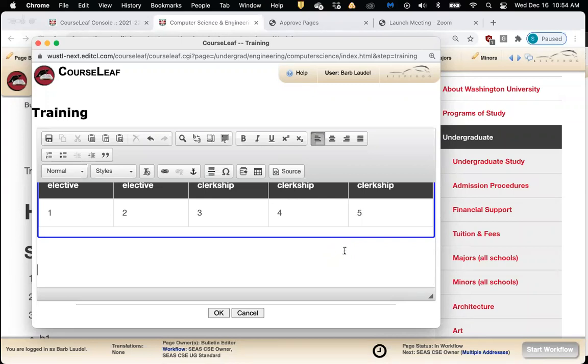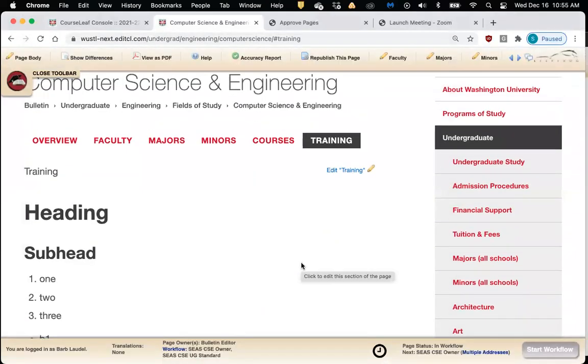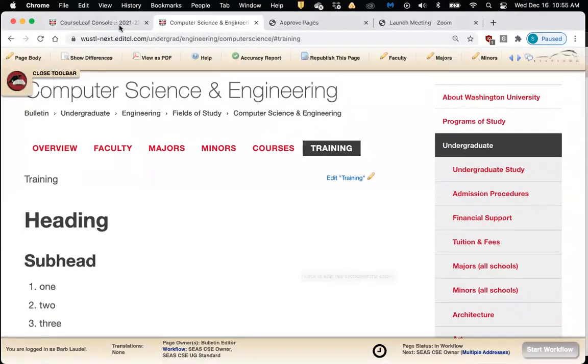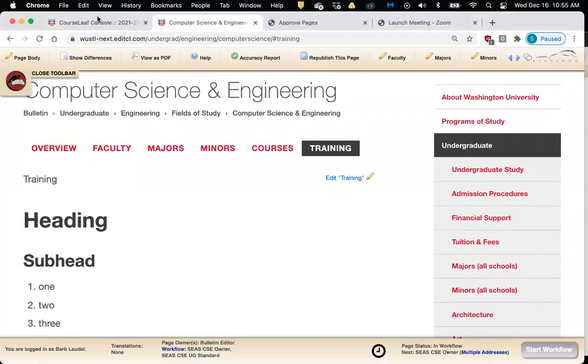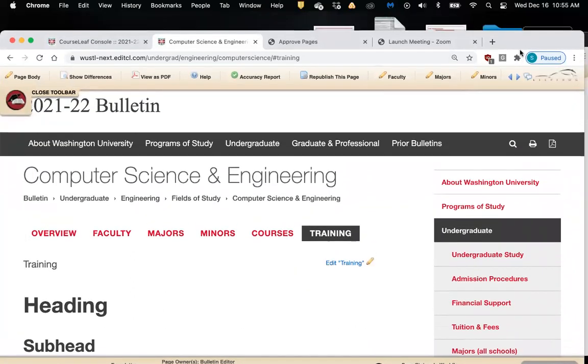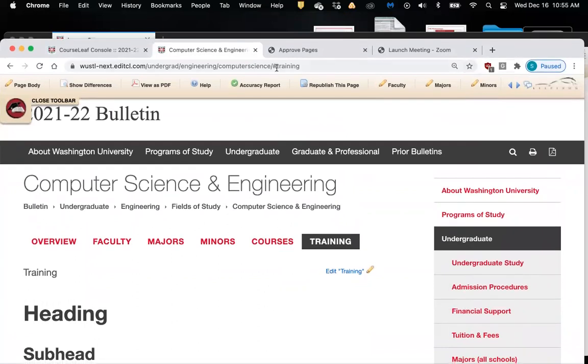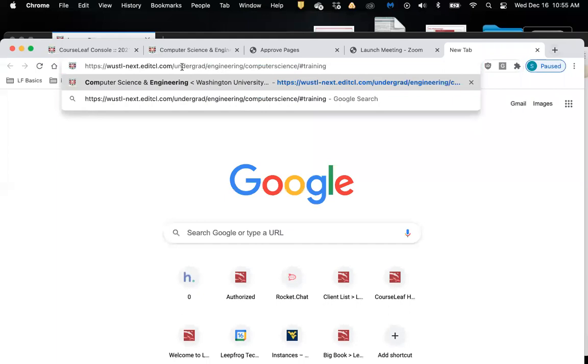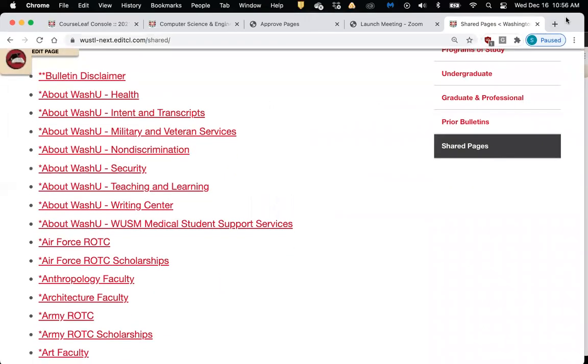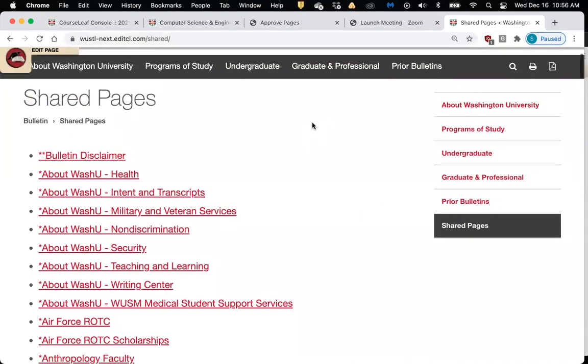Okay, so we're almost done. Two more things I want to show you. One is, and this is something that Jennifer will really oversee, an area available to you on your page called shared content.